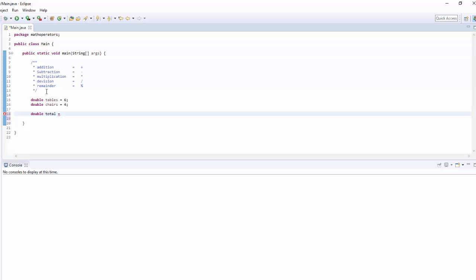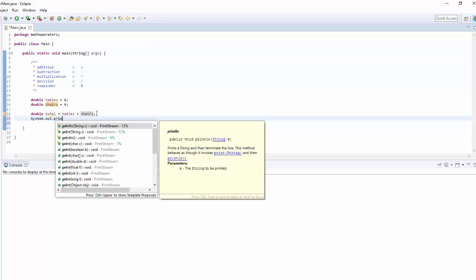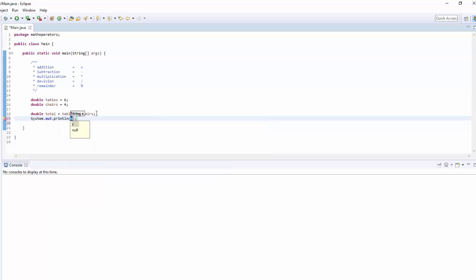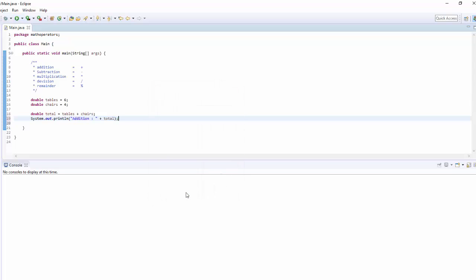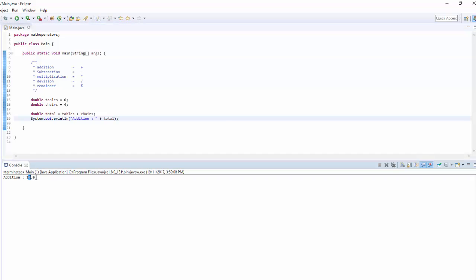And let's do the addition. So it will be basically tables plus chairs, and whatever the return value will be, it will be stored in the variable called total. Let's get the spelling right. To find out what is stored in total, let's print it out using the standard method system.out.println, and because it's addition, let's call it addition, and then print out this variable. If I execute this program now, you will see that it will print 6 plus 4 equals 10,